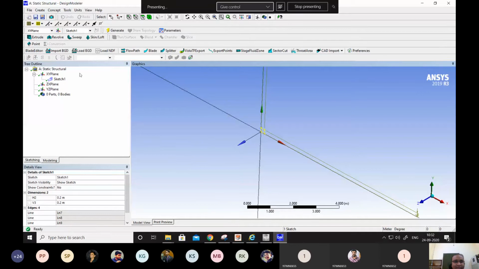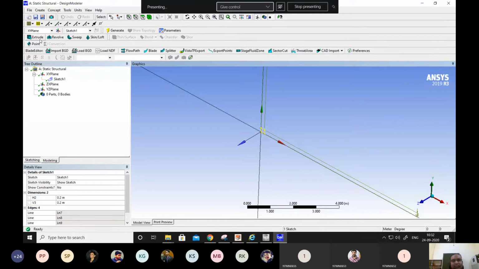And the simplest, most useful tool for converting any figure from 2D to 3D is either filling this up with a material to convert it into a surface, but surface still is a two-dimensional thing. If you want to make it three-dimensional, the most useful tool is the extrude tool.